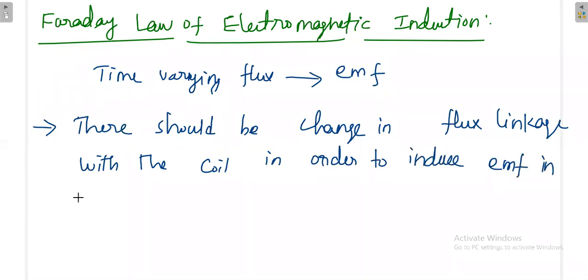So there are two ways to change the flux. Either you can physically vary the magnet, or you can physically vary your coil. In both cases you will get the time varying flux. That also we have demonstrated with a simulation. Based on whether your magnet is static or not, if you are moving your coil, or if your magnet is moving, then we will classify it as either dynamically induced EMF or statically induced EMF. So that is the classification.